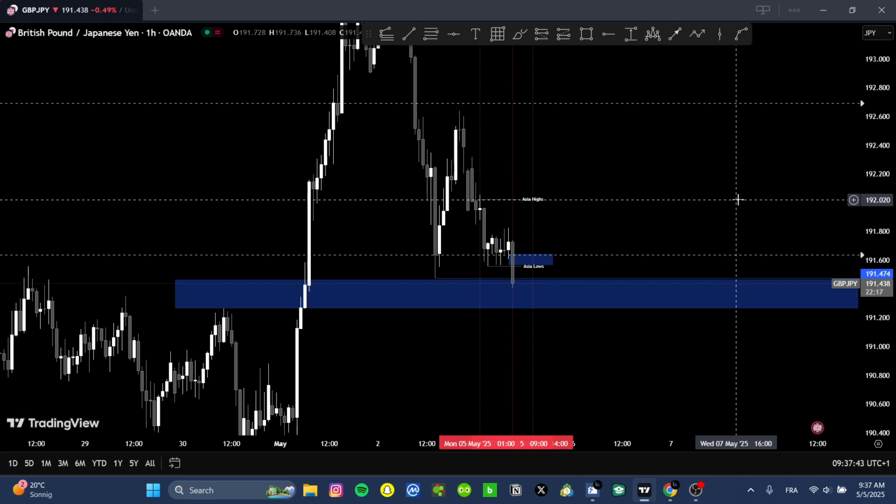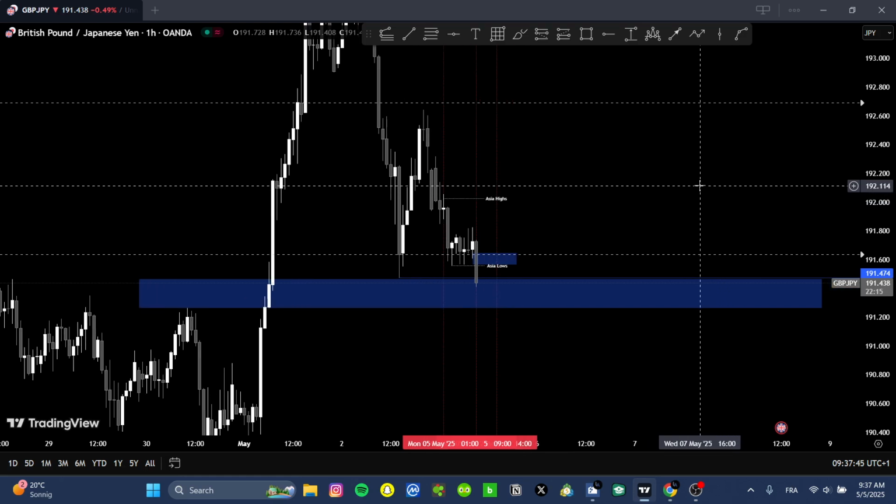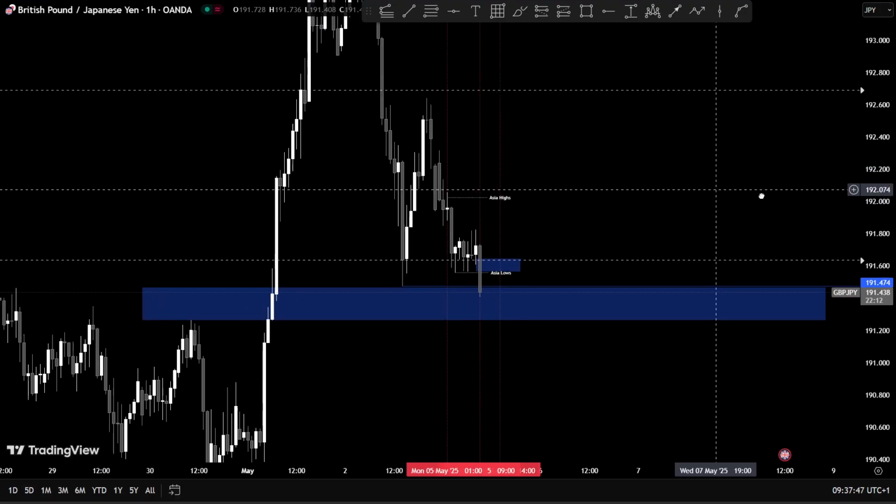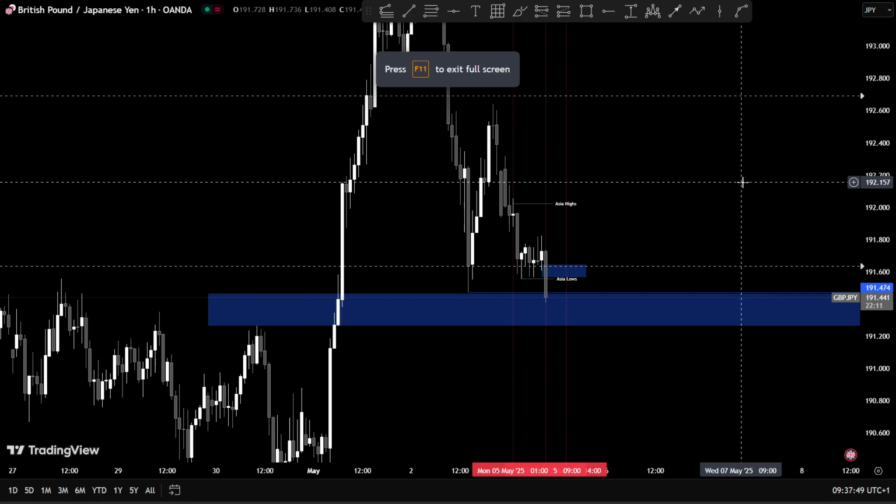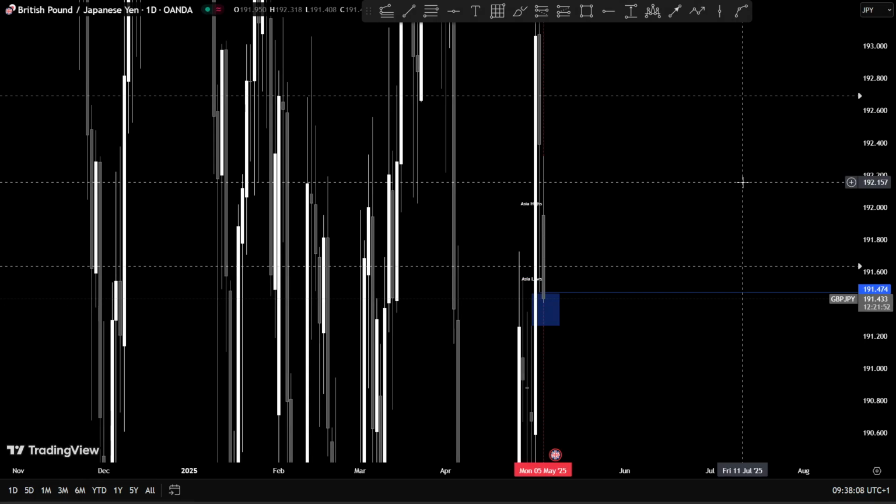So for me to identify my trading bias, I really need to go from the higher time frames to the lower time frames and identify the higher time frame trend from the lower time frame trend, and try to adapt it to the current market condition and the current price movement. So let's start with the daily time frame.